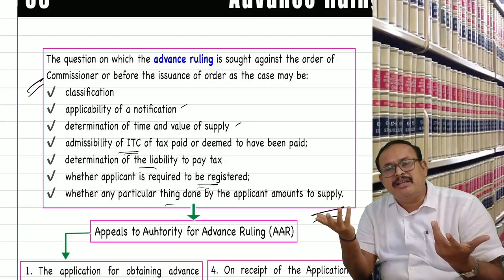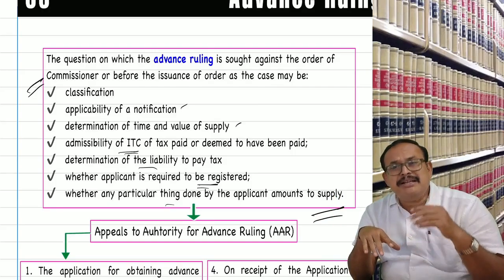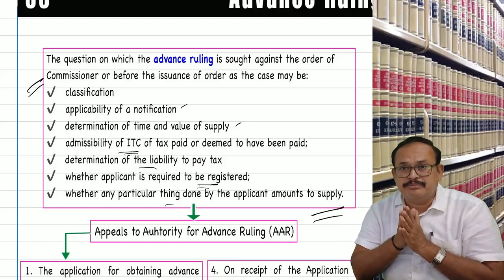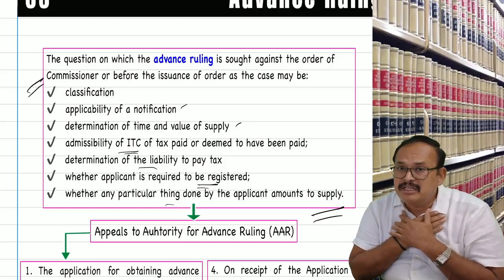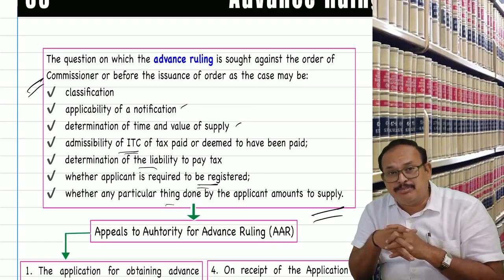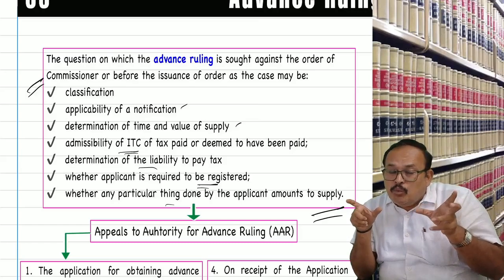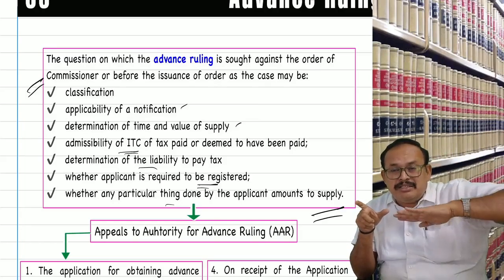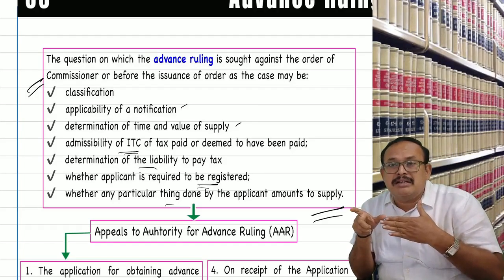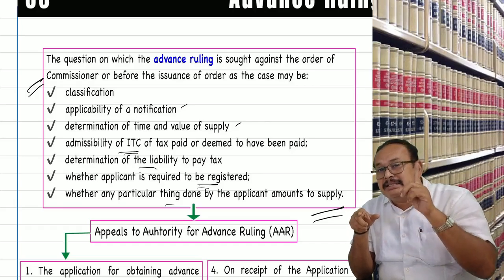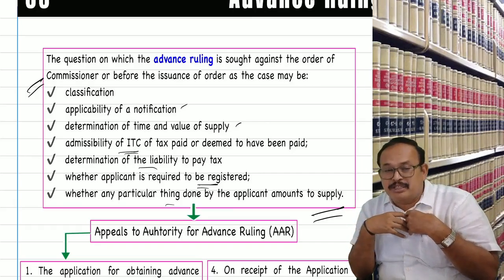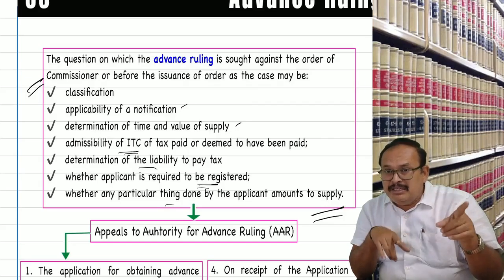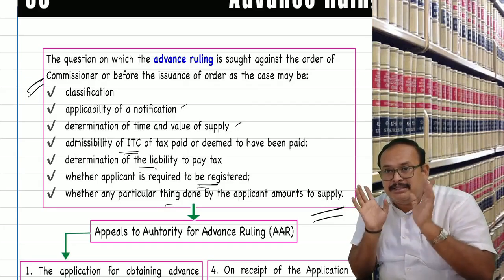There may be a case where a registered person committed a transaction, notice has been issued, the order has been passed against him, and the person got aggrieved with the order of the department. Being a taxpayer, he has two routes. One can go for appeal from Joint Commissioner Appeals to Supreme Court, that is one route. Otherwise, leave that route and come to the Authority for Advance Ruling. But in any circumstances, Mr. Appellant, being a registered person, if you file the appeal to Joint Commissioner Appeals, Commissioner Appeals or Tribunal Appeals, you cannot challenge it in the advance ruling.